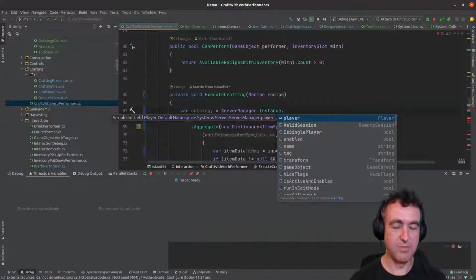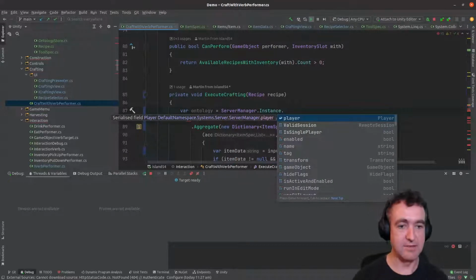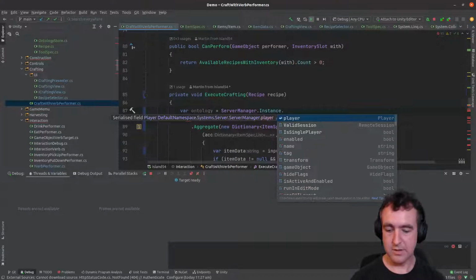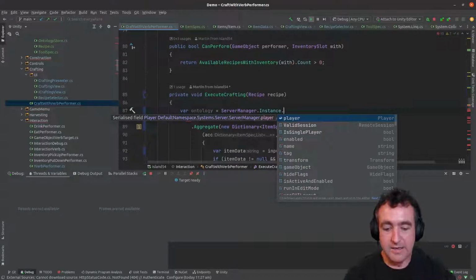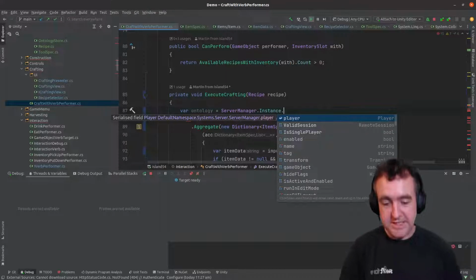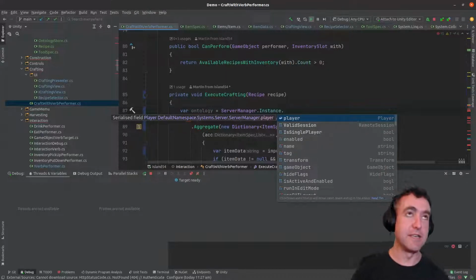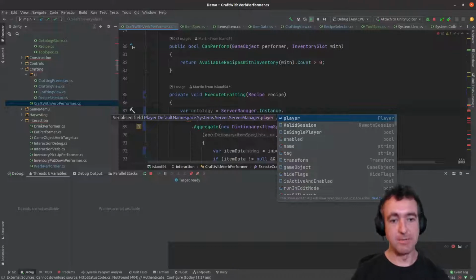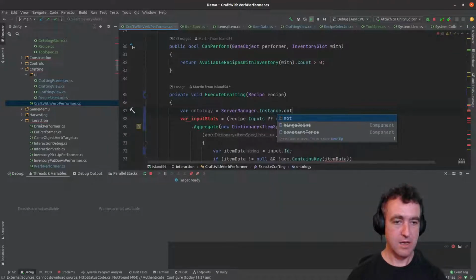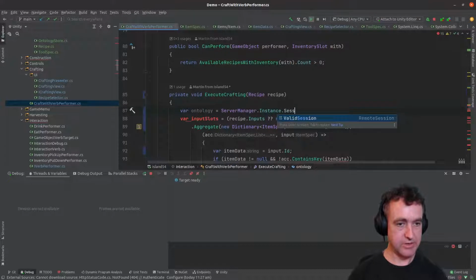I'm not sure that this whole request chain here is the correct way of doing it. I can't make the actual ontology store a singleton, but perhaps I should have a singleton which is able to return a reference to the ontology store. Might make more sense, but session, valid session dot,